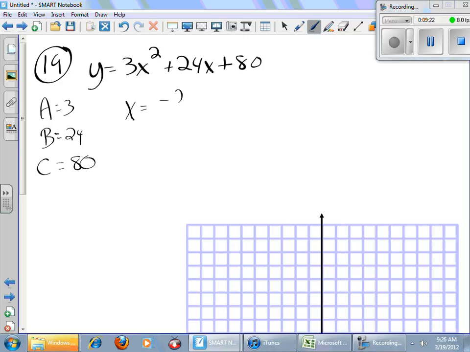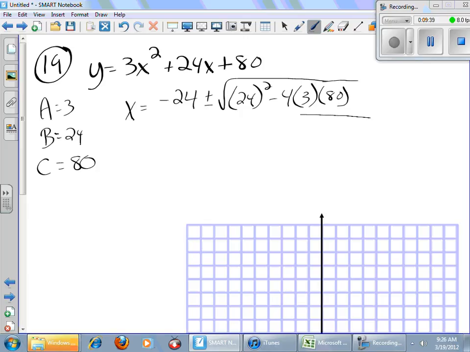X equals negative B plus or minus square root of B squared minus 4AC. Whole thing is over 2A. Okay, negative 24 plus or minus